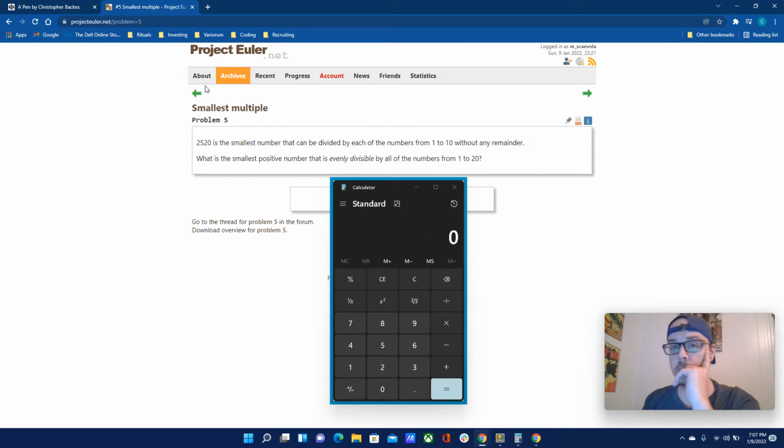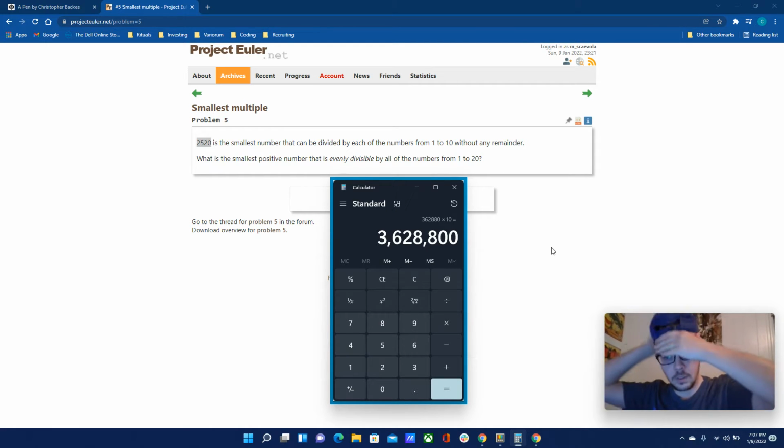If you look here, this number does not equal simply multiplying all these together, because that would be way too large. So how do they do this? Well, if you do a factor tree of